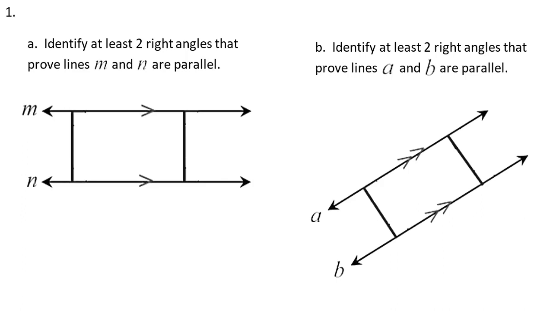The first question says to identify at least two right angles that prove lines M and N are parallel. One of the properties of parallel lines is that they remain the same distance apart at all times. That means if we draw a line between them, it would create right angles because it would be perpendicular to each of the parallel lines. So for example, this line